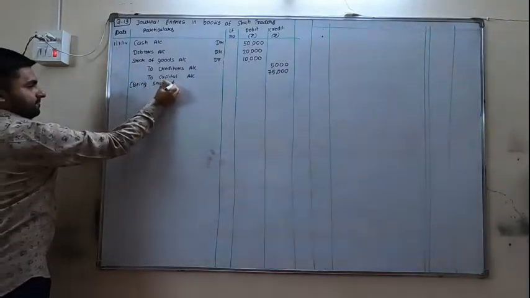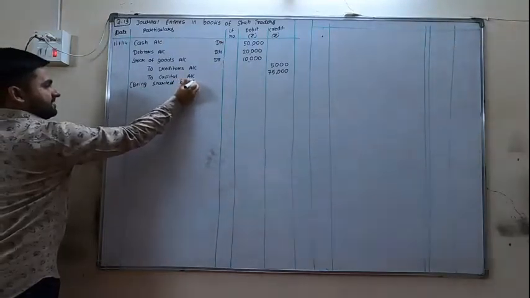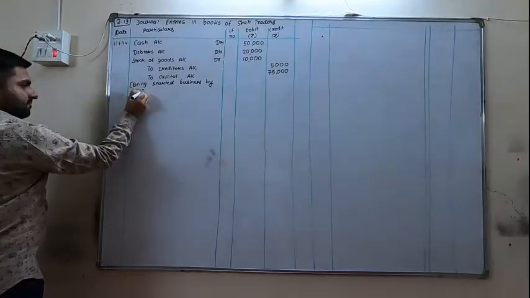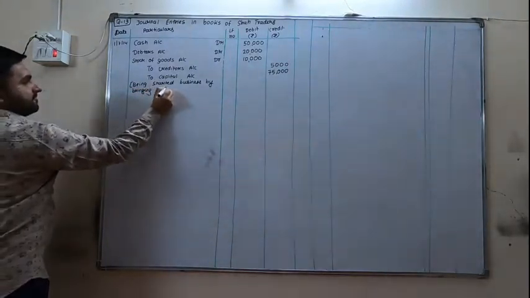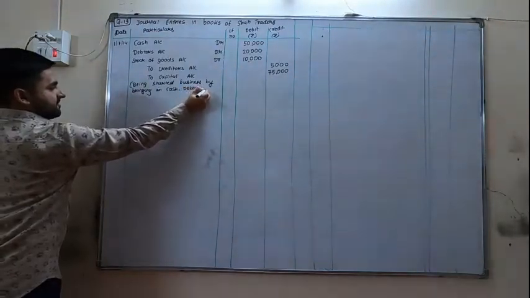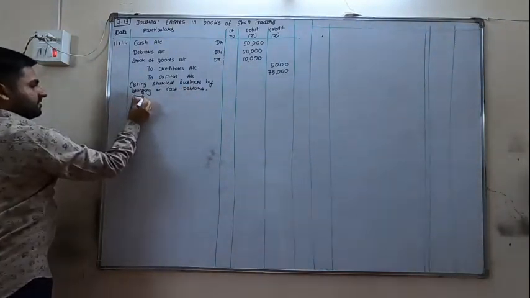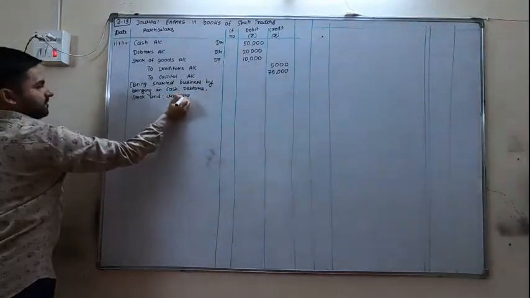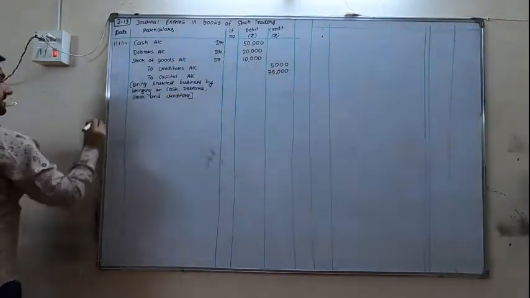Narration: Started business by bringing in cash, debtors, stock and creditors. Next date is